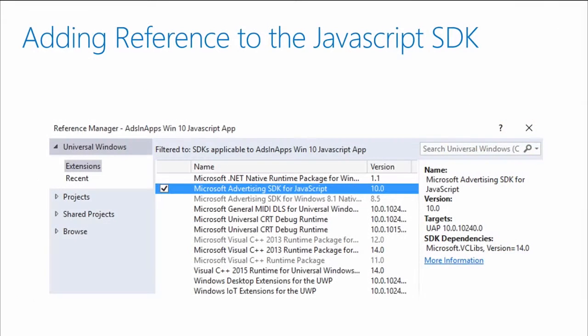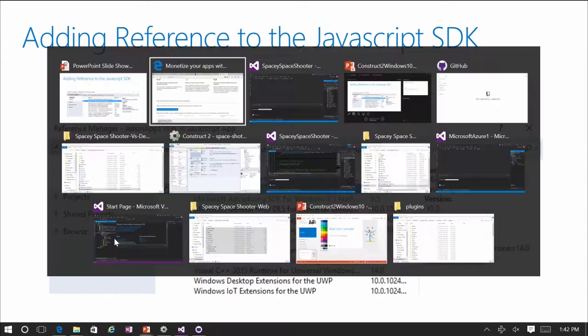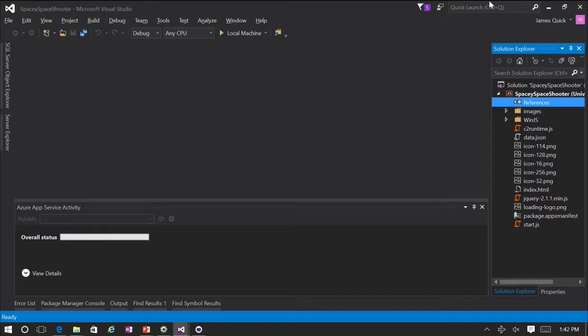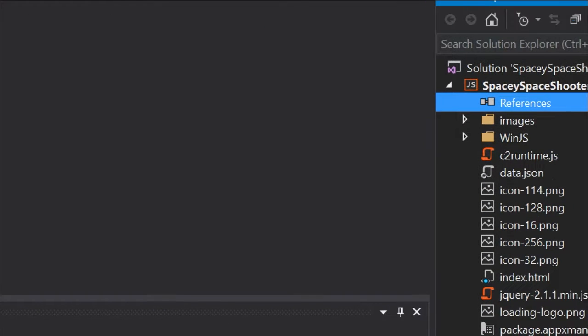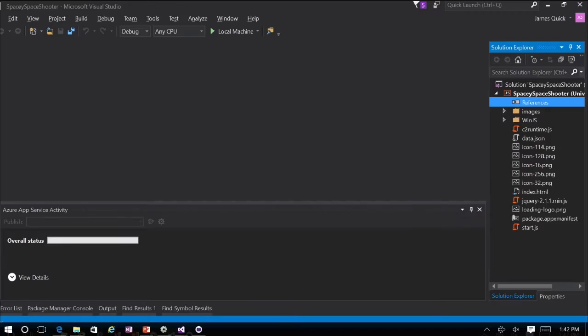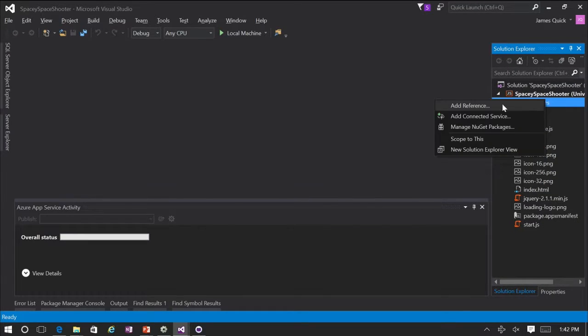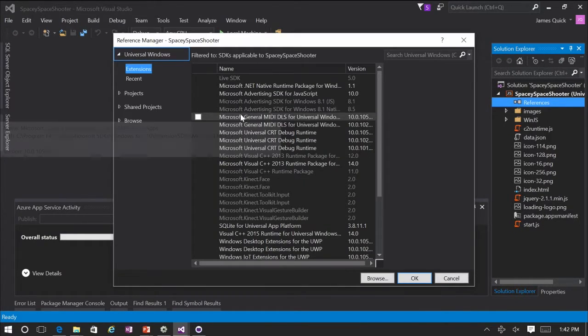So in a project, let me come back over here. I've got basically the same project that we just ended on. I've got it open here. And I want to add a reference to that SDK. So I can right-click on my references, and I'll just zoom in here so we see that. So references, and I'll right-click and add a reference, and zoom in again,